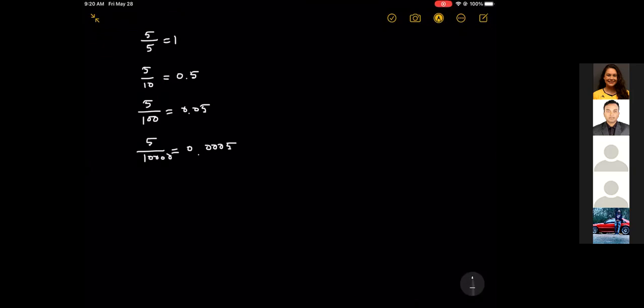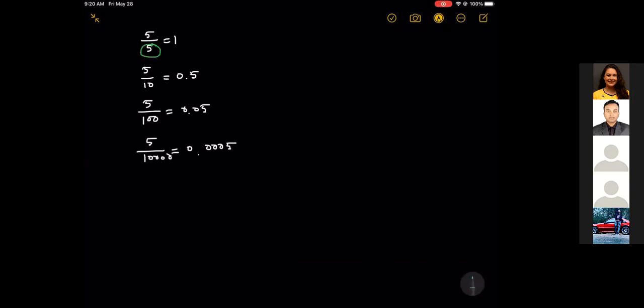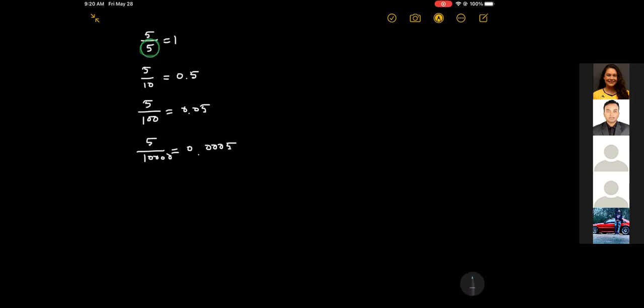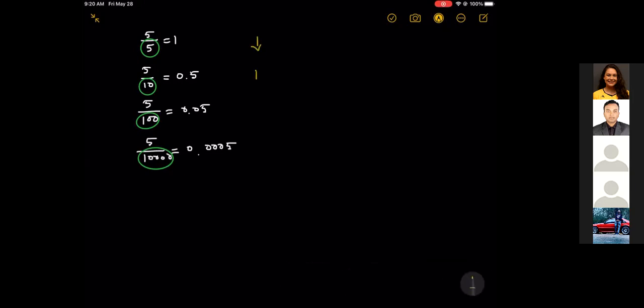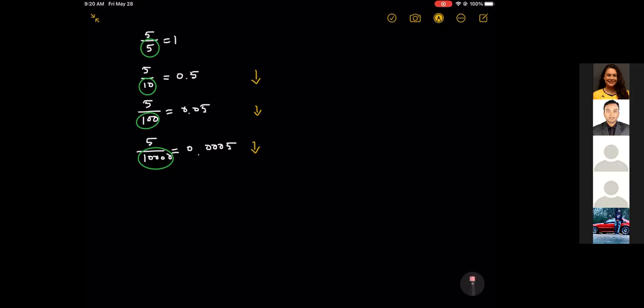So as you can see, our denominator is getting bigger. I mean, we're dividing 5 by a bigger number, and our value is actually on the decrease. It's getting lower and lower, right? Can you see that? So that means if we increase the denominator,